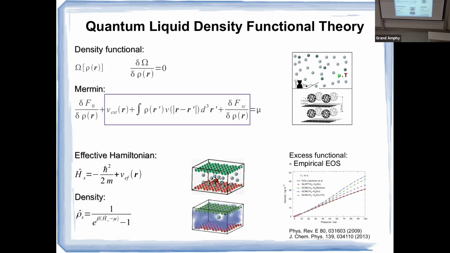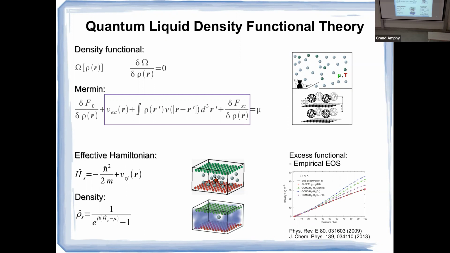Pictorially, the problem of hydrogen storage we want to solve is this. We have a gas at a certain pressure and temperature that fix the chemical potential, and we want to know, given a structure with certain chemical composition and geometry, how many hydrogen molecules would get in. We want to work in the high density regime, so we expect to have many hydrogen molecules, and also because of the confinement imposed by the nanostructure, this may trigger quantum effects. So we need a theoretical framework that is capable of accounting for many body quantum effects.